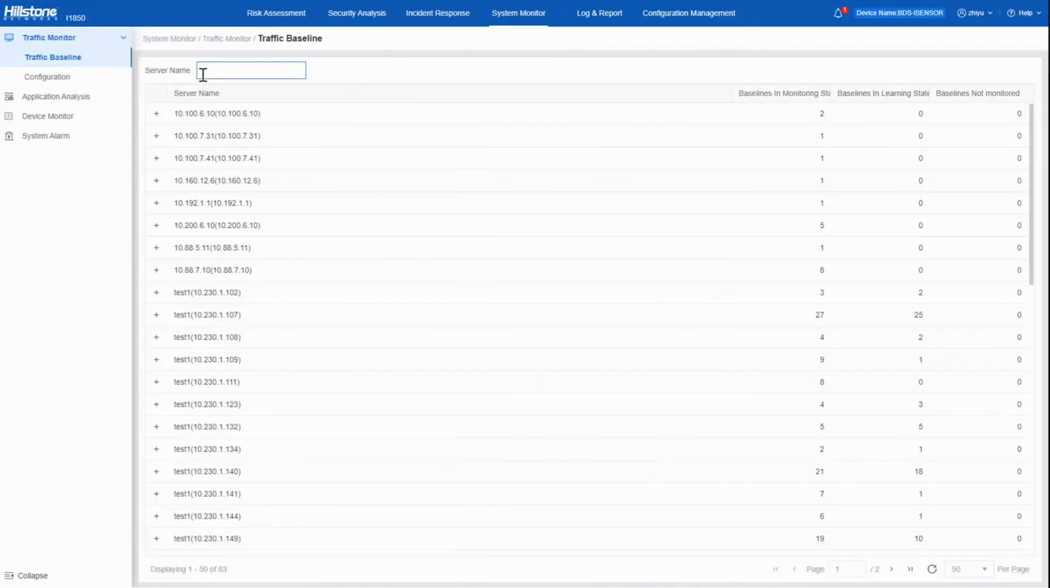Next, let's walk through the core functions of SBDS, including how it leverages machine learning algorithms to learn and automatically establish the traffic baseline, how it detects threats, and how it responds to incidents by automatically delineating appropriate policies to the firewall. First, let's introduce how SBDS does traffic baselining, which is crucial for explaining why SBDS is so efficient